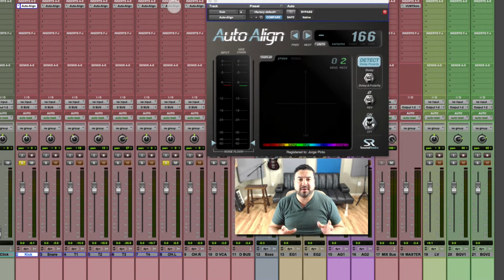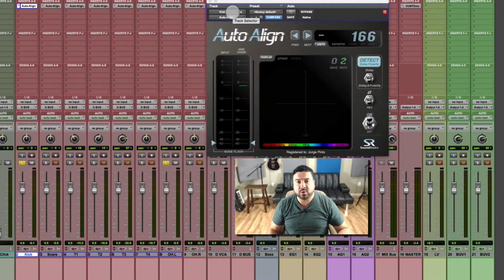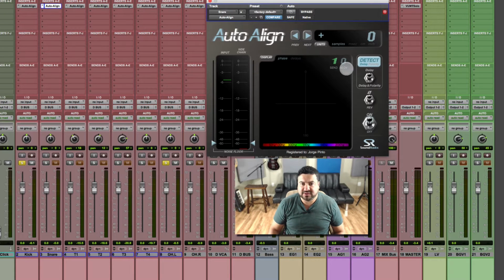I sent the audio from the overhead left to the kick and it's not sounding right. So I'm going to cancel that and try to send the audio from the snare to the kick instead, because I'm looking at the microphones and the distance between them, and the overhead left is not working with the kick. So let me send it from the snare instead of the overhead left. So I sent on one